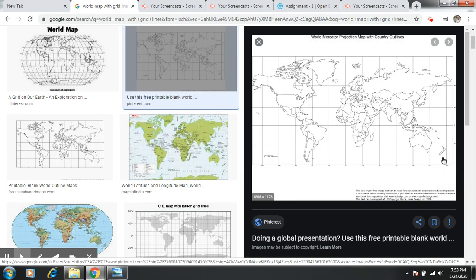Now here we can see it is a world map. We can see the vertical lines in this image, and some horizontal lines are also there. These vertical and horizontal lines divide the map into various squares. These lines are known as grid lines. So the north which is indicated by these grid lines is known as grid north.